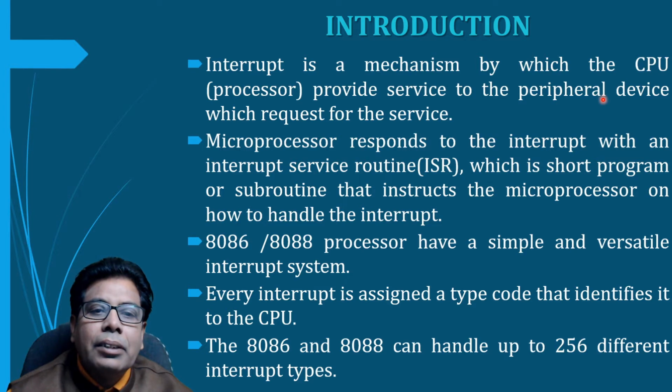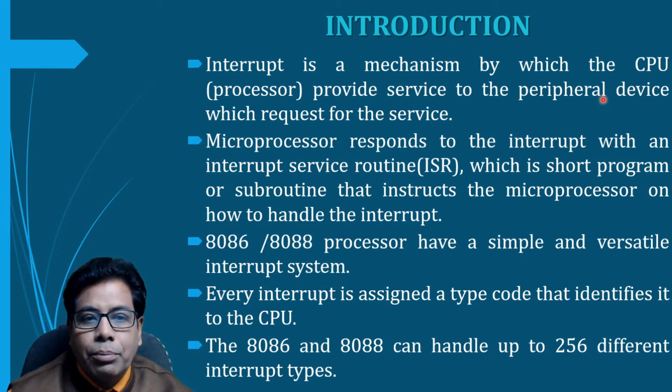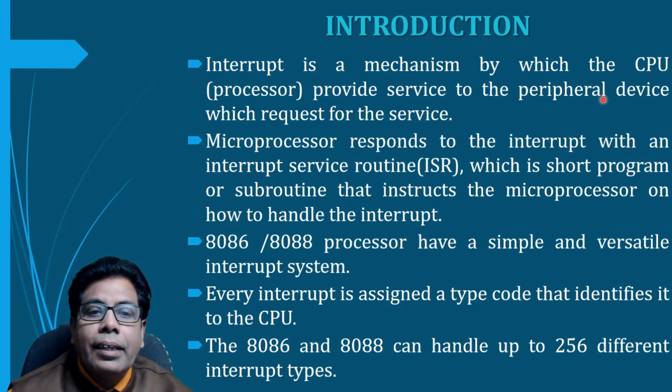That is nothing but a short program or a subroutine that instructs the microprocessor on how to handle the interrupt. So when the device requests the interrupt, the microprocessor will handle the interrupt with the ISR